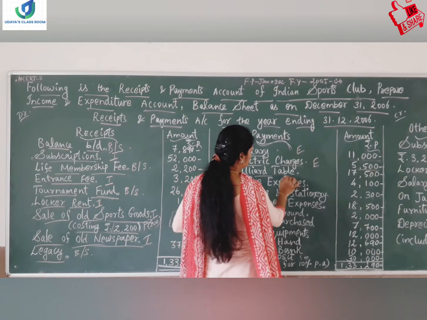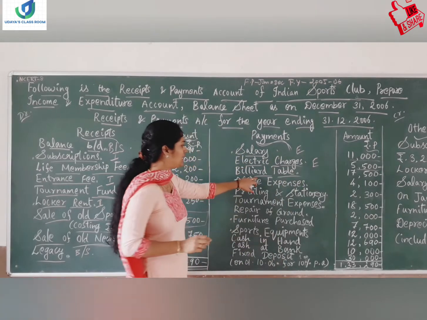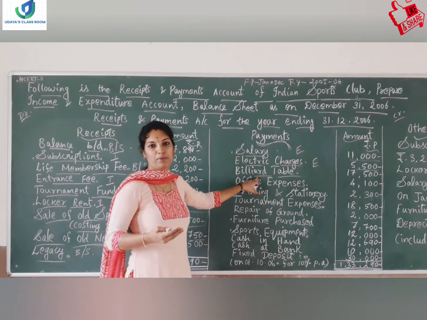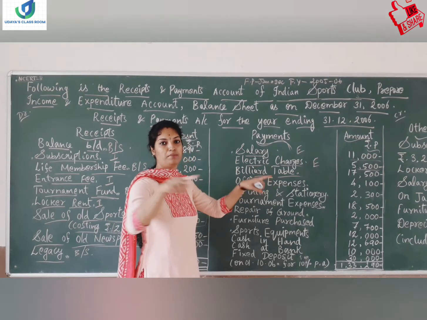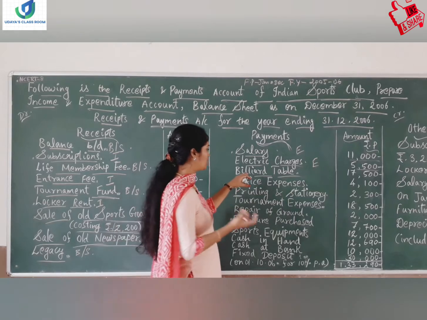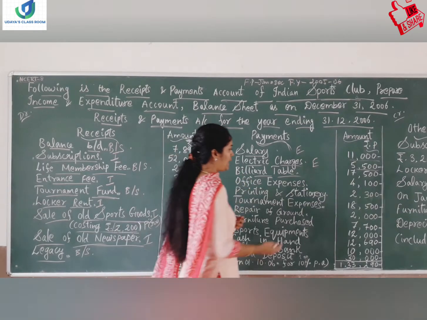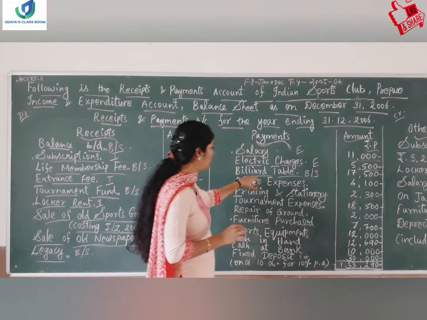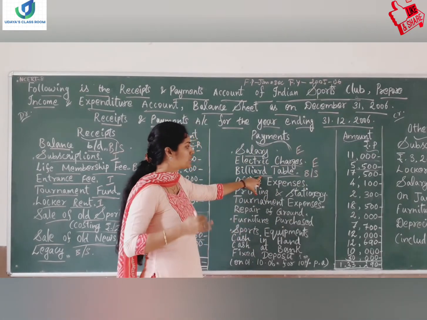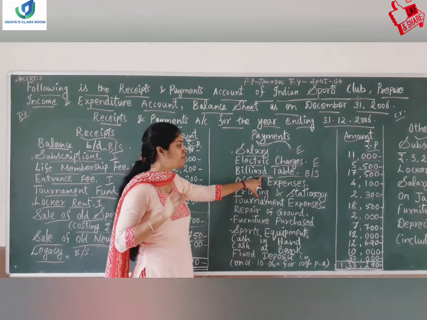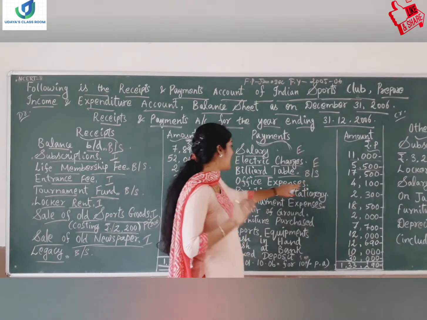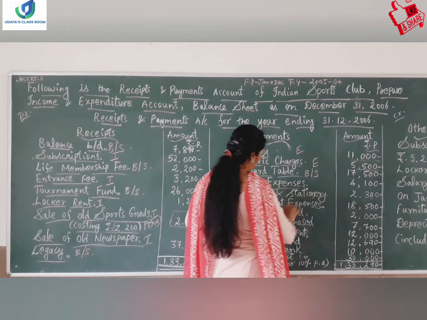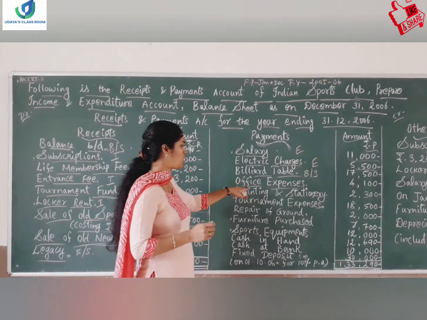And the next is billiard table. Billiard table you would have seen in some films and all, like in clubs people will be playing billiards using the billiard table, small balls. So that is called billiard table. It is an asset. So asset will be written in the balance sheet. Which means the sports club has got this billiard table. So it is the asset of the organization. And the next is office expenses. It is also called as